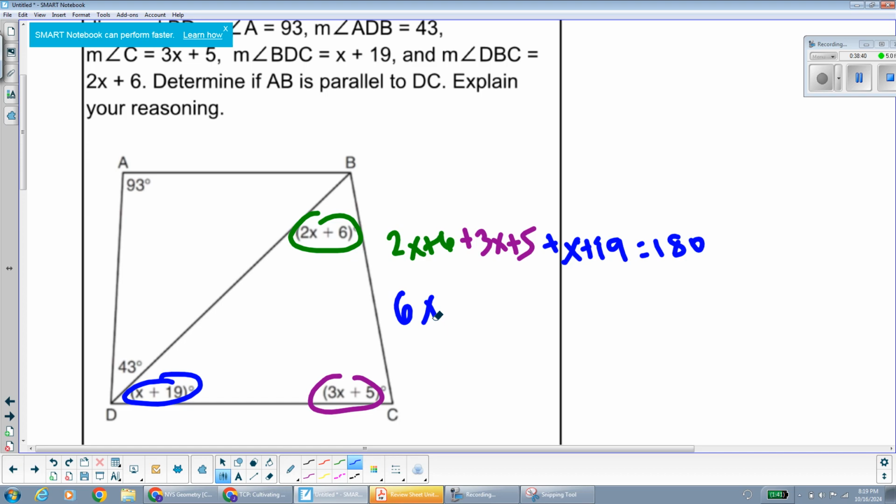Combining my like terms, subtracting 30 on both sides,